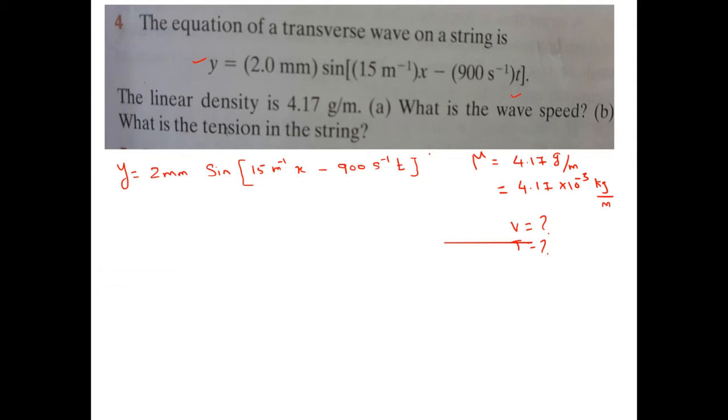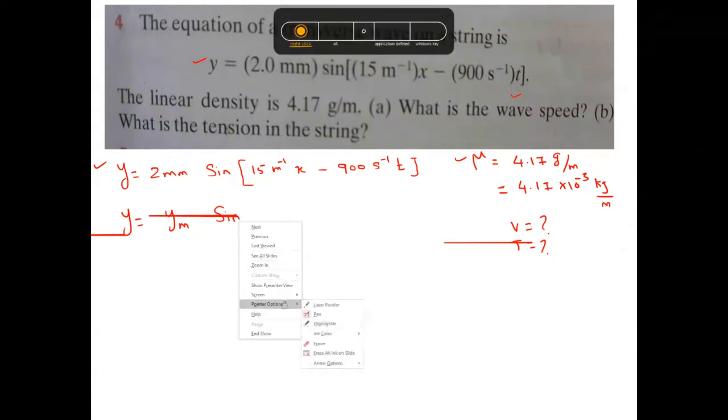So, my dear, listen carefully. In the question, they give the wave equation and then they give the linear density. Only two pieces of information are given. So now what we have to do is, with the help of this wave equation, we can find some parameters. Am I right? Could you please recall what is your wave equation? Y is equal to ym, amplitude, sine of k